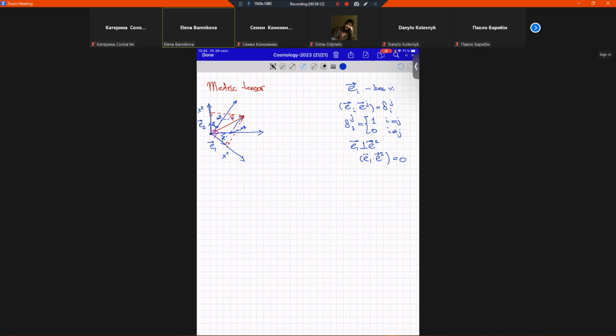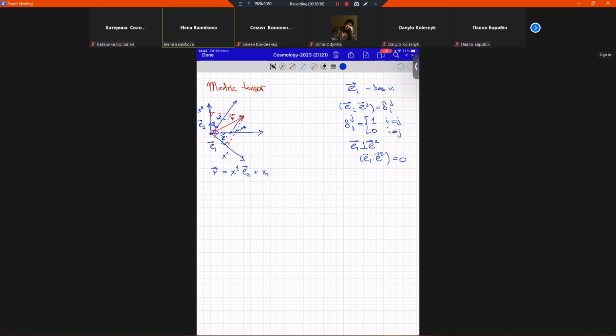What is important is that in such a representation, with covariant vectors, we can represent the vector in two ways. In principle, we can write R as x1 E1. I put the indexes for the basis vector below because it is more convenient. This is a summation index,